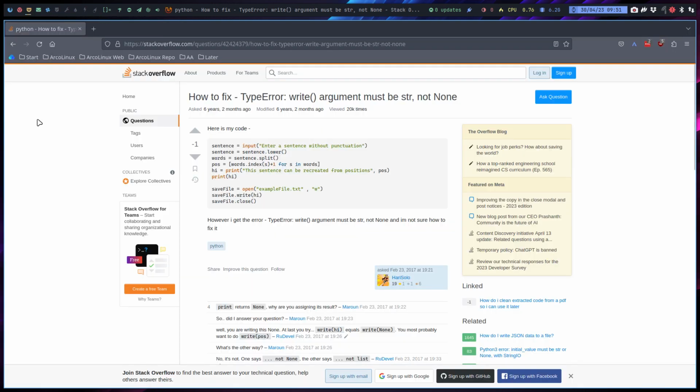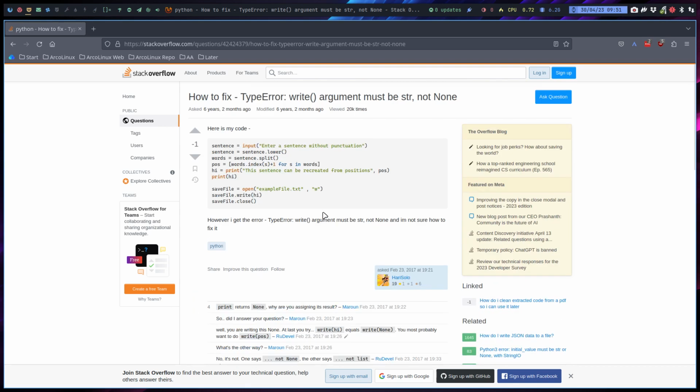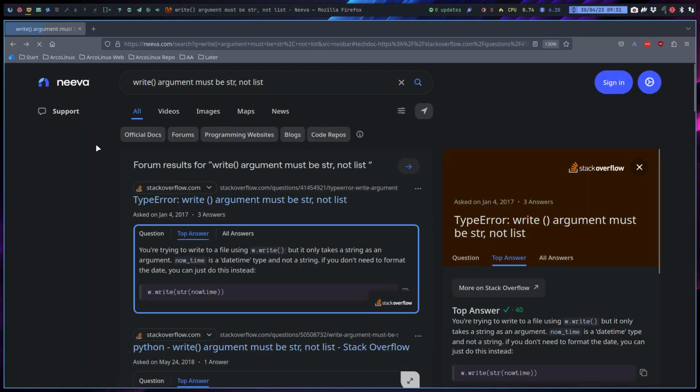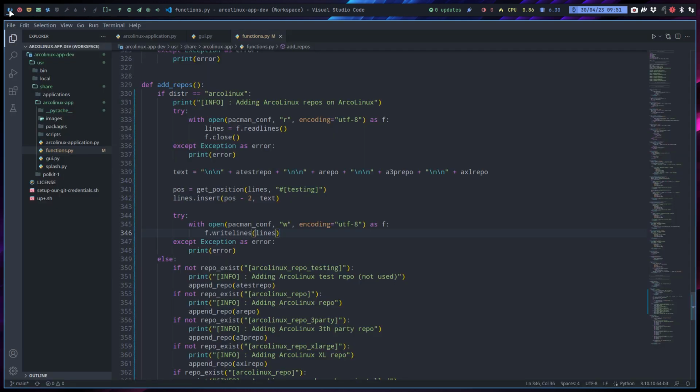And then you Google an error, right? You say, okay, type error, right argument must be string, not list. And then I said, oh my God, right? Maybe that's the thing. And well, you get ideas. When you Google things, you say, okay, maybe it's this, maybe it's that, right? Right argument must be not list, so string. Anyway, this is now different, right?